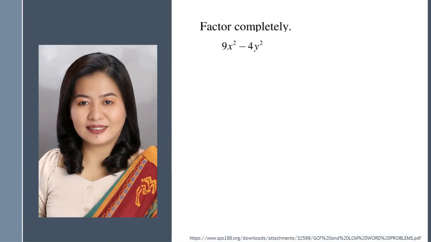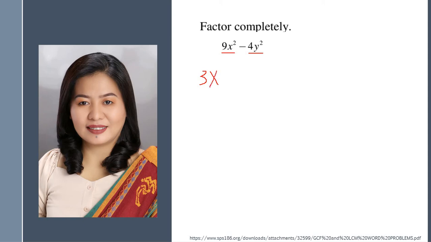So we start with this one. We factor completely 9x squared minus 4y squared. So there are two terms, so this is a binomial, and we try to check the numbers. 9 is a perfect square number, 4 is a perfect square number, and x squared and y squared are also perfect square terms. So it would mean that we are going to factor this using the difference of two squares. Difference of two squares. So our factors would be